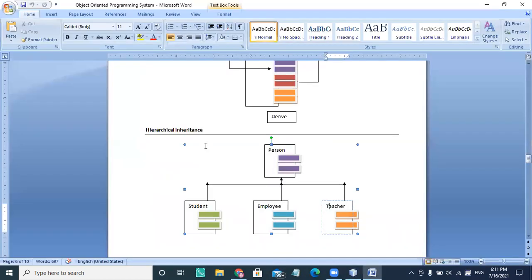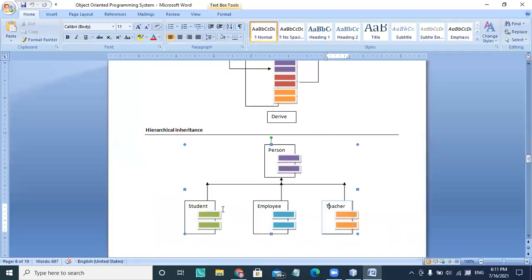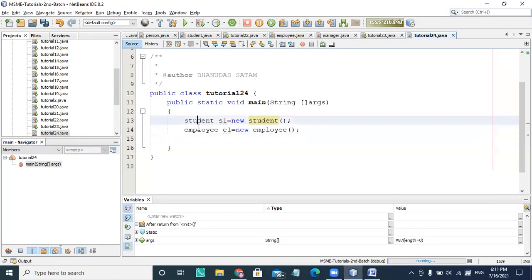If there is a teacher class, I don't have a teacher class right now, but I'm going to show that here. Any number of classes can be inherited from the same base class. So my student has the base class person, and employee also has the base class person.